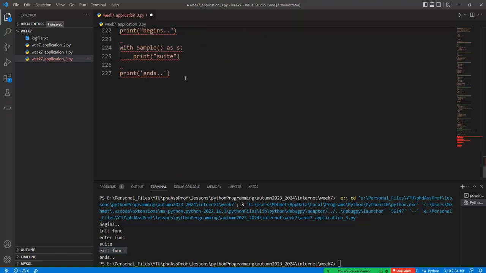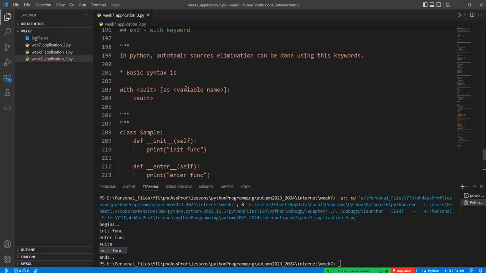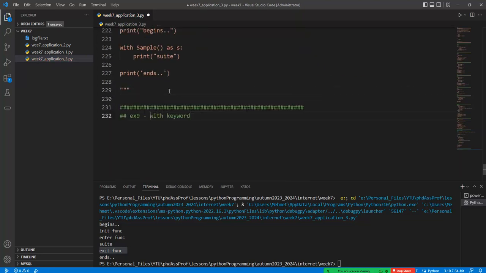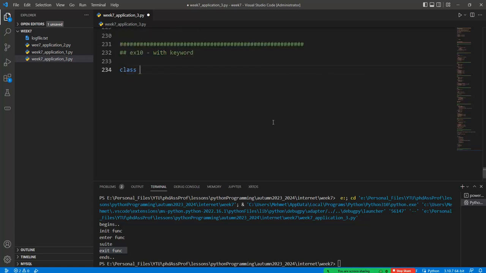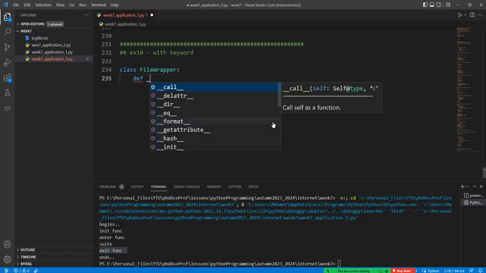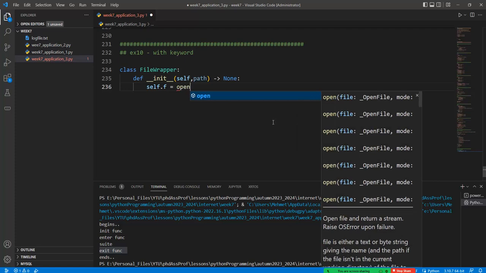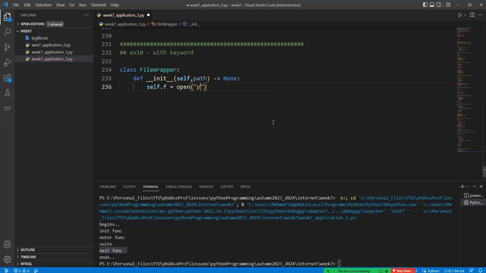So what's the point of utilizing this with keyword? This with keyword is always utilized for the file opening and reading process. Okay, for example, if we have any class like this, FileWrapper. Okay, and so def __init__ can be given the path, and self.f is the open path